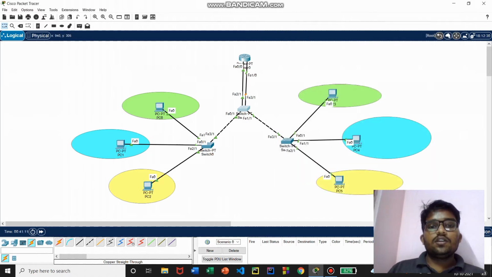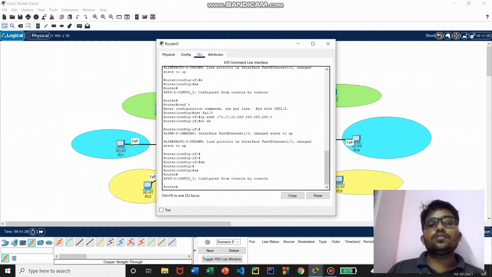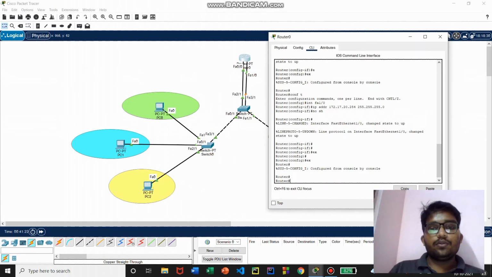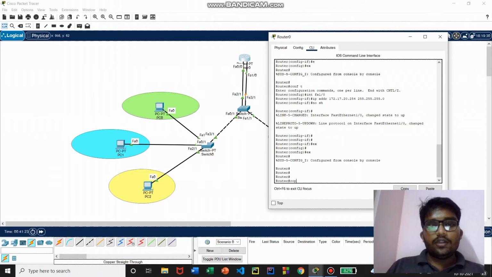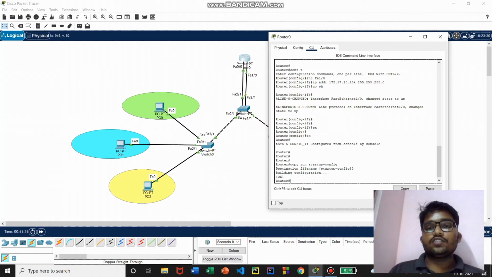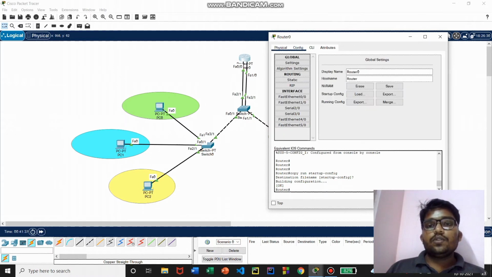That is the switch. Now what we have to do is add another cable for VLAN 30. We can see there is no interface available in the router. We'll add one. Before doing that, we have to give the command copy run startup-config. If you give this command, the current configurations will be saved, and if you turn off and turn on the router, the configurations will remain as they are. So we'll do that.